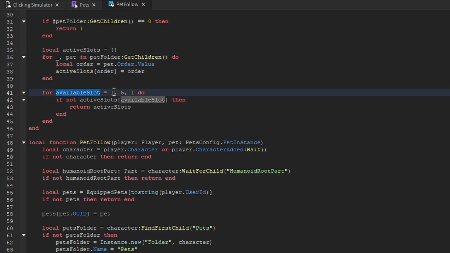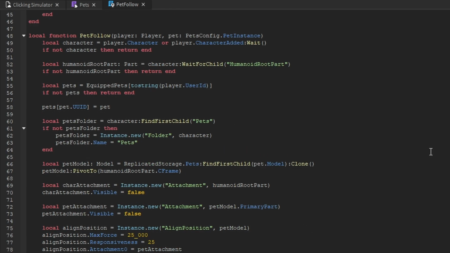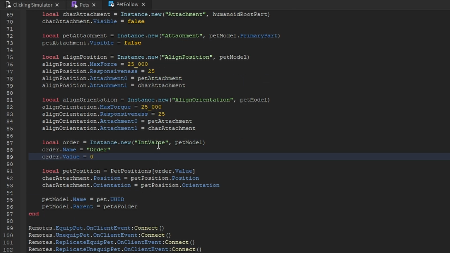Then if we know the player can equip up to 5 pets, we're going to go through all of those numbers. So we're going to check 1, is that already taken? We're going to then check 2, is that already taken? Then we'll check 3. Okay, 3 is not taken, so then that pet is going to end up in slot 3. Now that we have that function created, let's go ahead and go back inside of the pet follow function,